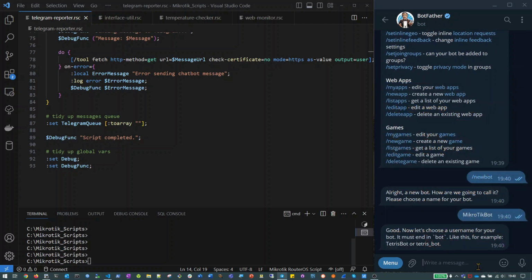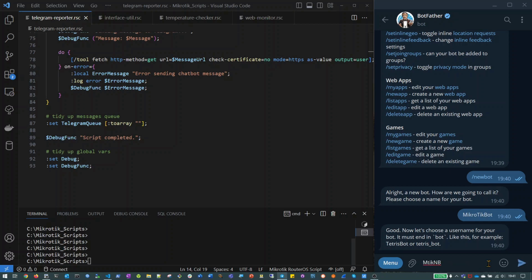Then the next thing that we need to do is create a name which is globally unique amongst all of the bots that exist on Telegram. This is one that will be publicly viewable, and so you need to create something which is completely unique, and this can take 1 or 2 attempts. You may enter a name which you quite like the sound of, and then you find that somebody's already using it. So just to keep it nice and unique, I'll just create one called MTik